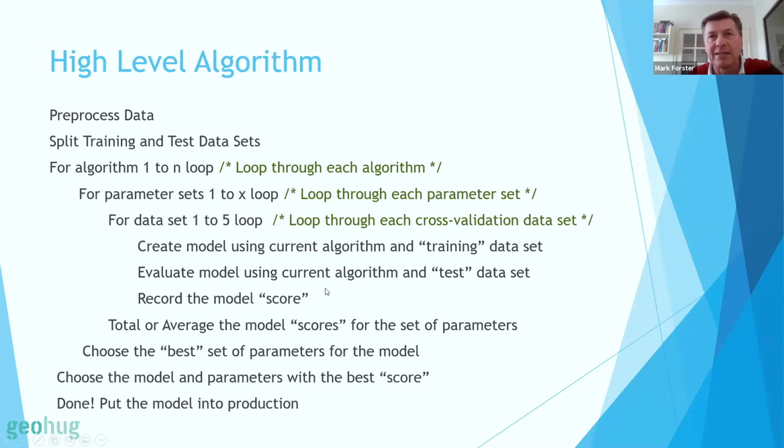Then you evaluate it using the test data set, and then you record the model score. Because you've now looped through all your data, you then either total or average however you're scoring it for all the sets of parameters. And then for that algorithm and that parameter set, you've got a score.